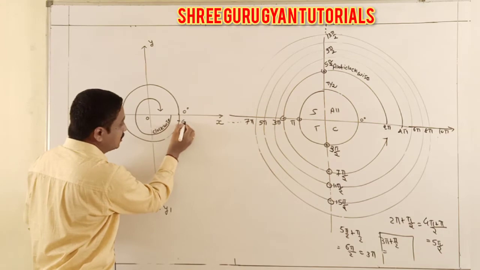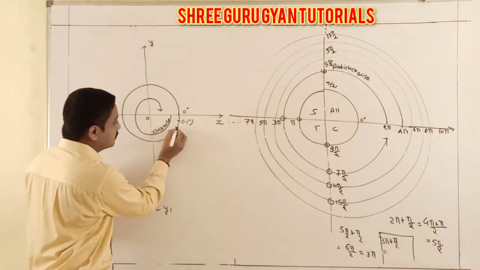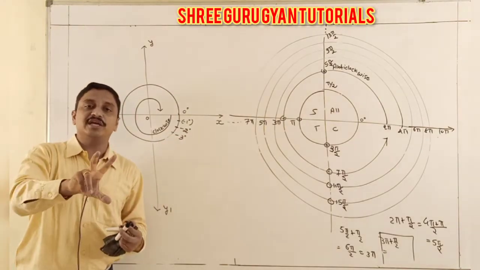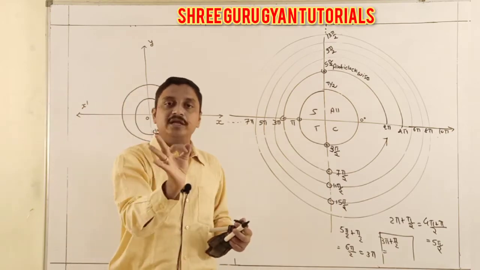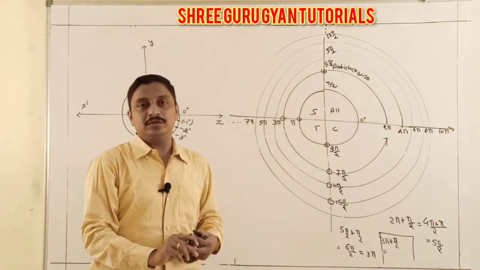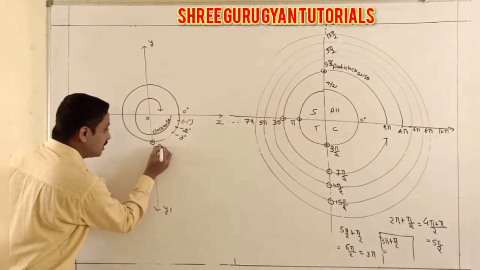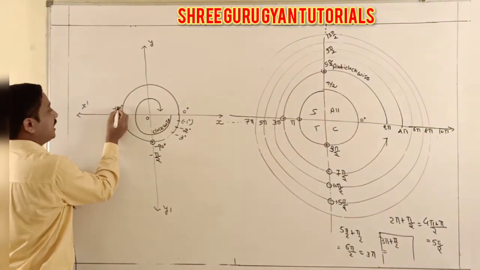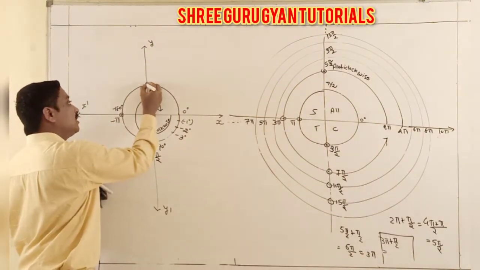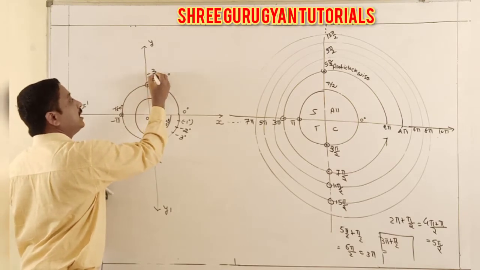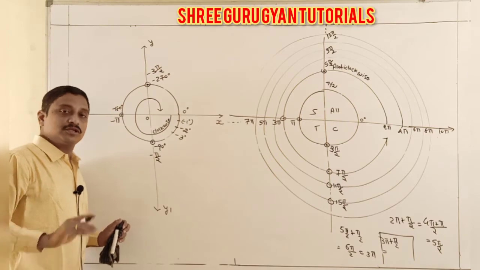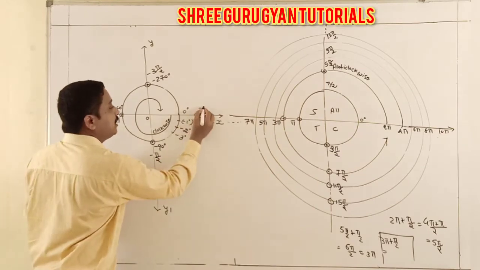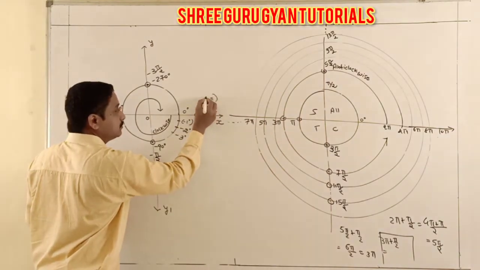Next minus 90 degree, minus 180 degree, minus 270 degree. Whenever you check your rotation to clockwise, the degree taken must be negative. Similarly here minus 90, or you write minus pi by 2. Same as here minus 180, or write minus pi. Same here minus 270, or minus 3 pi by 2. Both degree and radian are written. After ending this rotation, one round is over, it is minus 360 degree, or minus 2 pi.